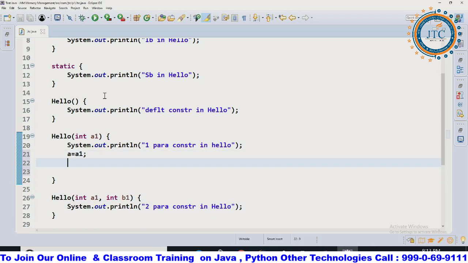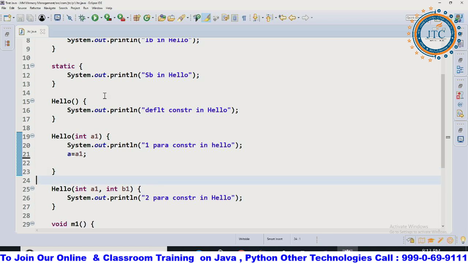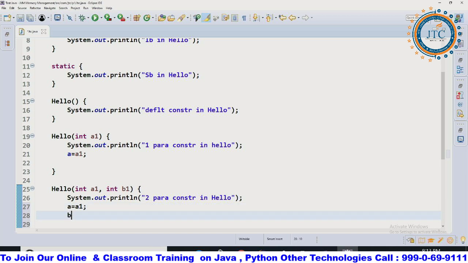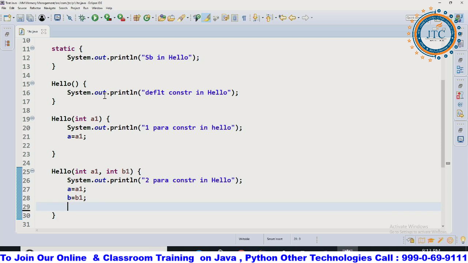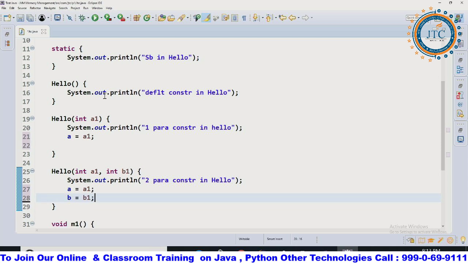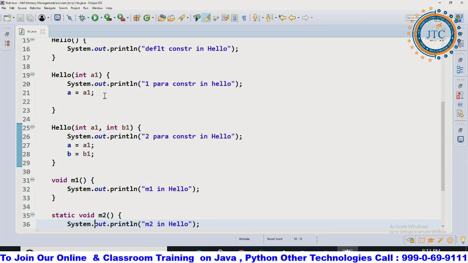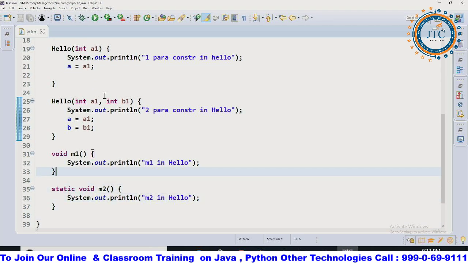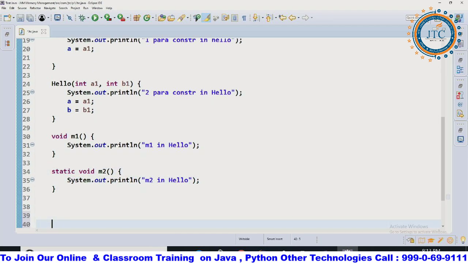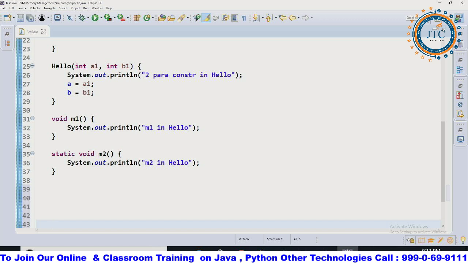a is equal to a1, and next b is equal to b1. I am going to write it here. So these are the following things I have written: a is equal to a1 as well as b is equal to b1. Okay. Now apart from this, what else I am trying to write here is